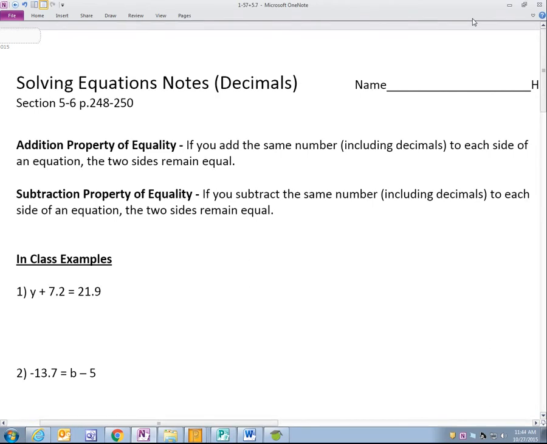So that's the reason why we are going to see the top of this, and you don't have to write that because we wrote that last Tuesday. The addition property of equality: if you add the same number, including decimals, to each side of an equation, the two sides remain equal. Subtraction property of equality: if you subtract the same number from both sides of an equation,